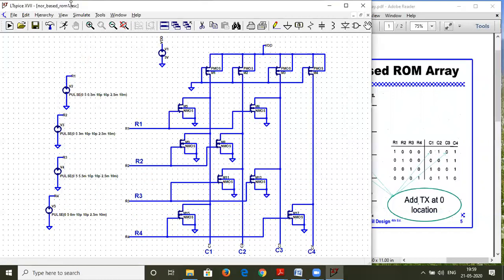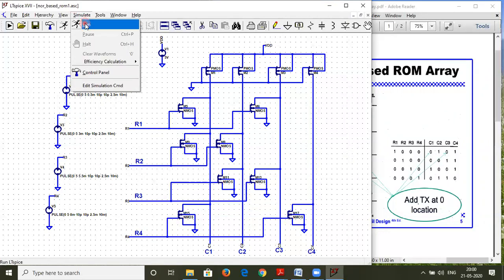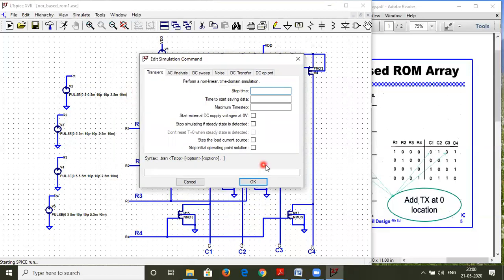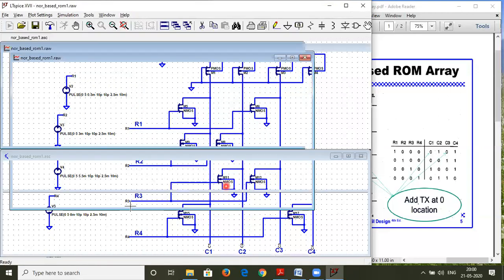So always it has to be dot asc file. And now we are ready to simulate this so that a file is saved now. So we'll go to simulate and we'll click on the run. Here we can add the stop time as around 10 milliseconds. So this will be around 10 milliseconds. And now you can click on OK.